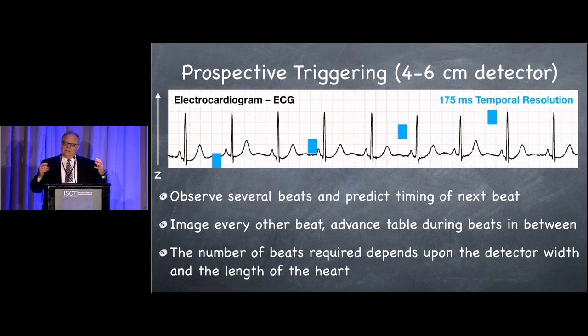So that's the fundamental temporal resolution, but ultimately the question then is how do we scan the patient? How do we get through the scans? So let's talk through some of these scanning modes quickly. Prospective triggering, which is typically going to be applied with what we currently consider smaller width detectors, 4 to 6